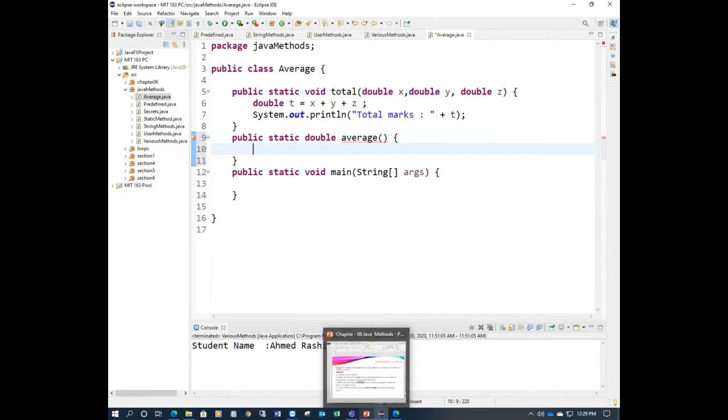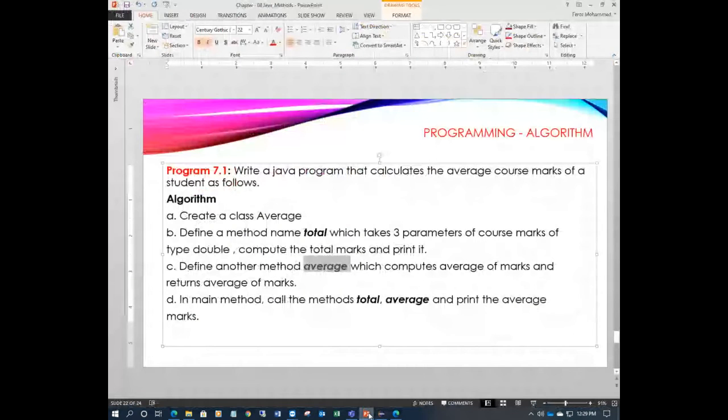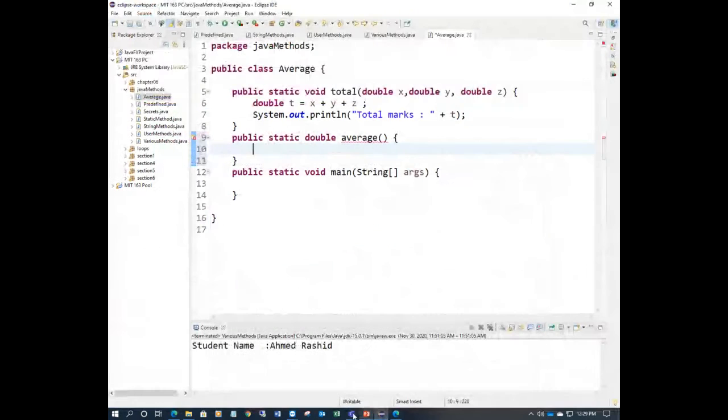Average, what is it doing here? Compute the average of marks. So you should know the total first, right? To calculate the average, you should know the total here. So in this case, total should be accessible here also. So here, double average equals total by 3.